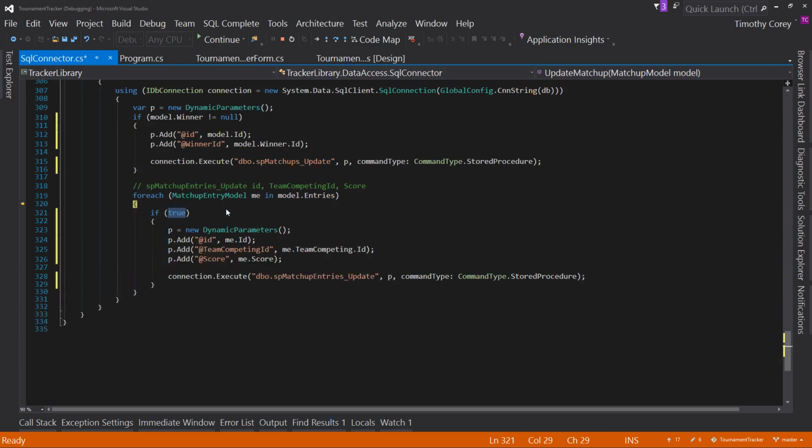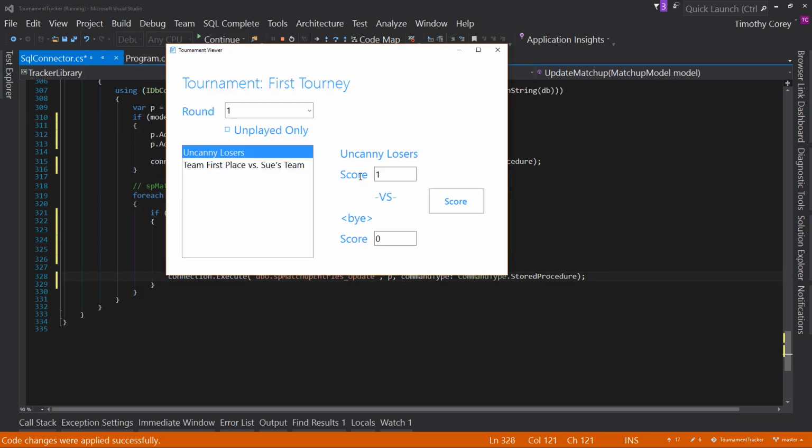if statement. This is the way you test your code because it worked in text file, and we didn't modify anything in the text file save to do this, do the update. Therefore, we thought, oh, it's going to work everywhere. Not so fast. So we still have some bugs in our logic, and that's okay. So if me.teamCompeting is not equal to null, because if the team competing is null, we don't have a team competing ID, and we don't have a score. Hit continue on that. And now if we go to round 2, we'll see that uncanny